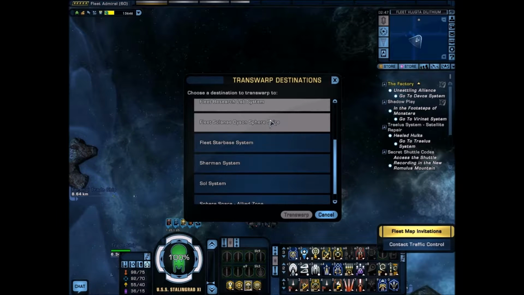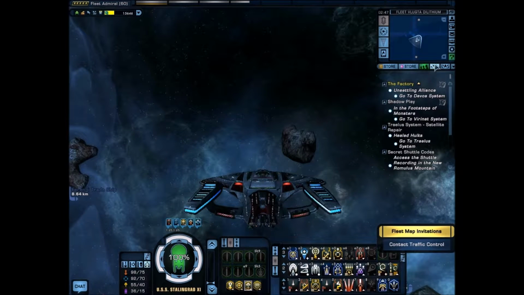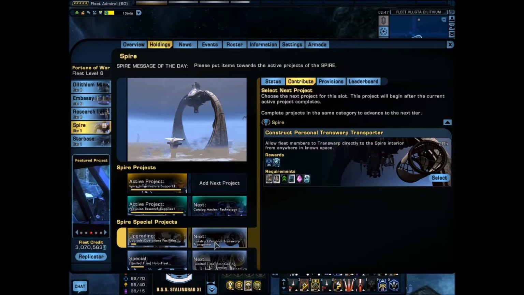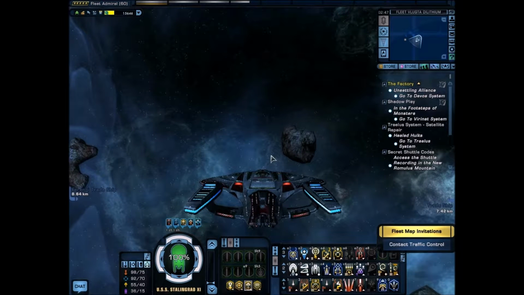Where's that dice? Oh, I can't go there. Yeah, you can't go to either of these. What? There it is. The personal transporter. That's why. And we have to get this upgrade done first. That's why. Okay. 120 engineering and operations studio officers. Wow. Alright, so yeah, that sucks. But see,